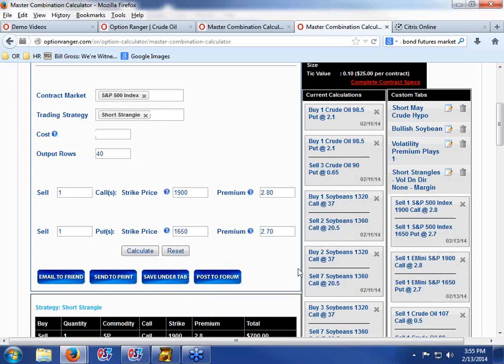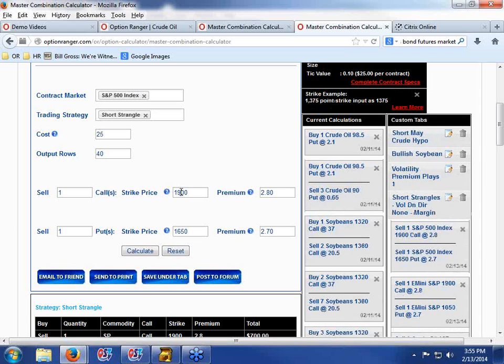Secondly, let me just put in some sort of a default price here. I want to show you something very interesting. If you input things wrong, let's say for argument's sake you put things in reverse. Let's say you put in a 1600 put, a 1600 call, and you write them backwards. You're in a hurry, you try to do a calculation, you've got a short strangle here,